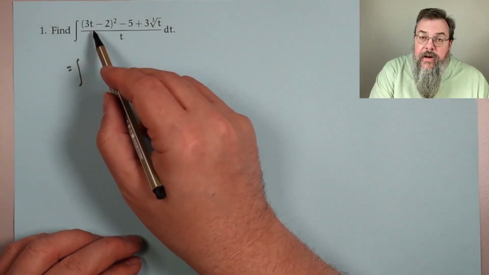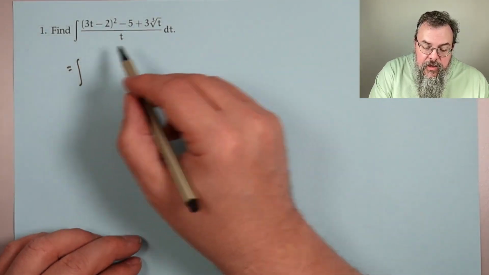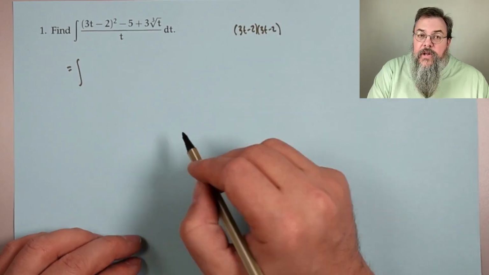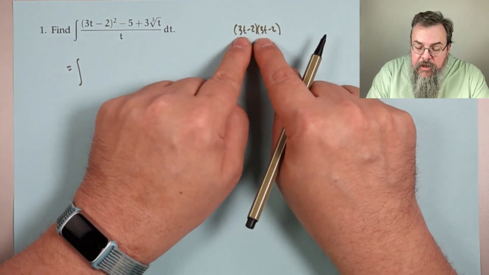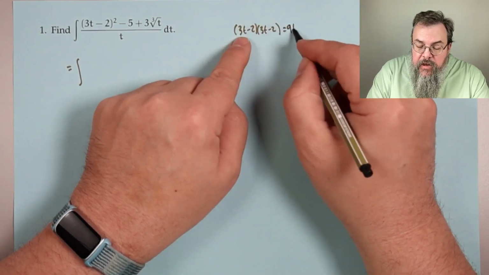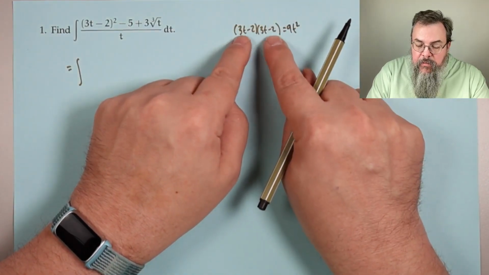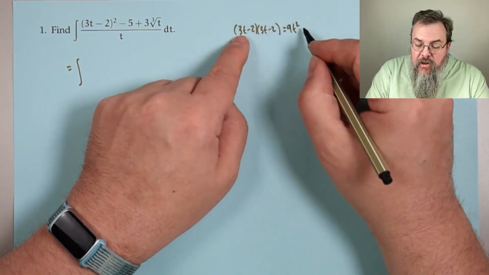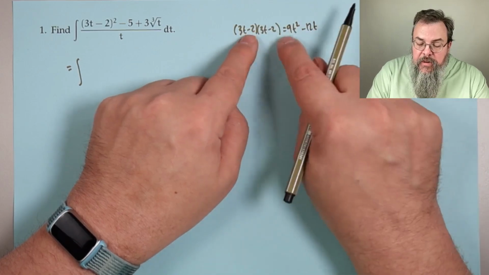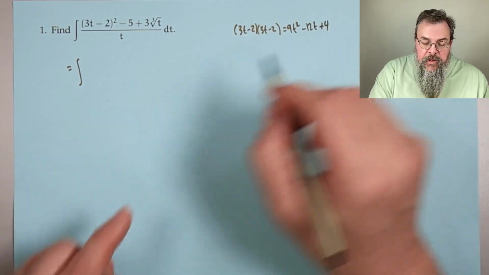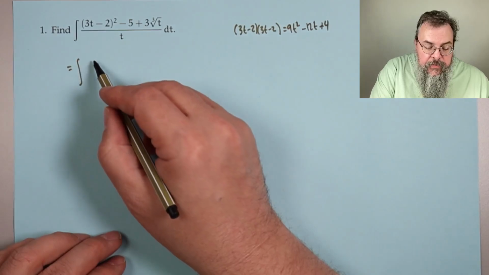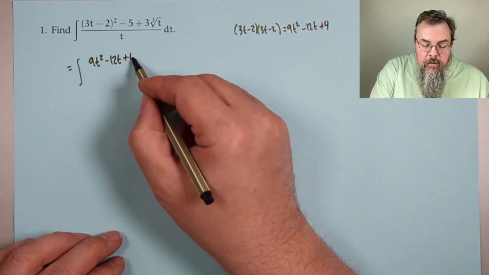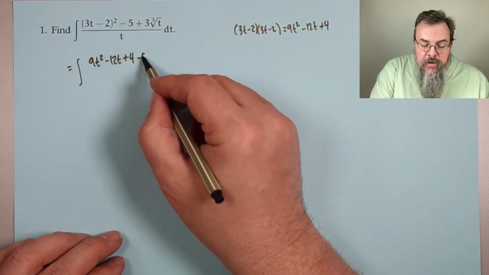And when you square this out, so (3t minus 2) quantity squared, you can even do it on the side. We have space, we have time. So it's your a squared, which is 9t squared. Then your minus 6t, that's your minus 2ab, so that's going to become minus 12t, and then plus 4. Okay, so squaring that out, we have, just going to copy, 9t squared minus 12t plus 4 minus 5 plus